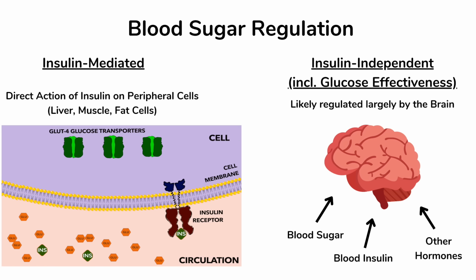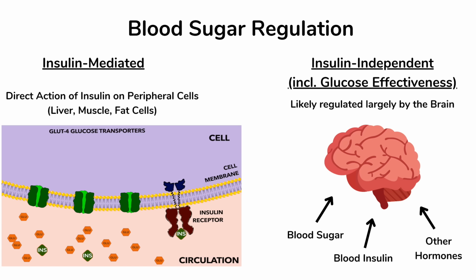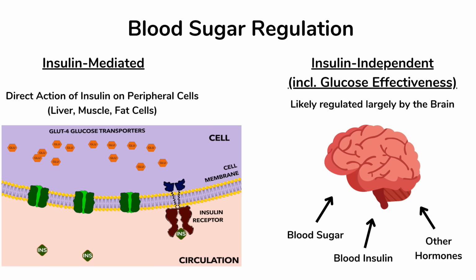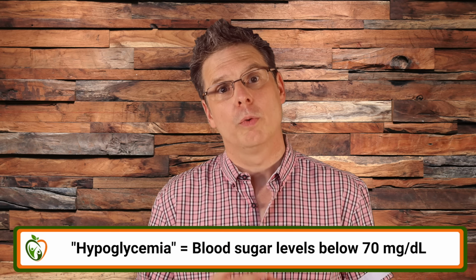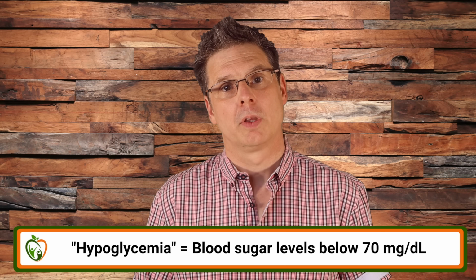Now, why did evolution equip us with two complementary systems to regulate blood sugar levels? One benefit of regulating something through the brain is that the brain can take in many different inputs, for example, from blood glucose levels themselves, as well as the concentrations of different hormones. One hypothesis is that having the brain involved in blood sugar regulation means it can be better able to fine-tune the response and minimize the risk of hypoglycemia. Hypoglycemia means blood sugar levels that are too low, which could be a life-threatening condition.